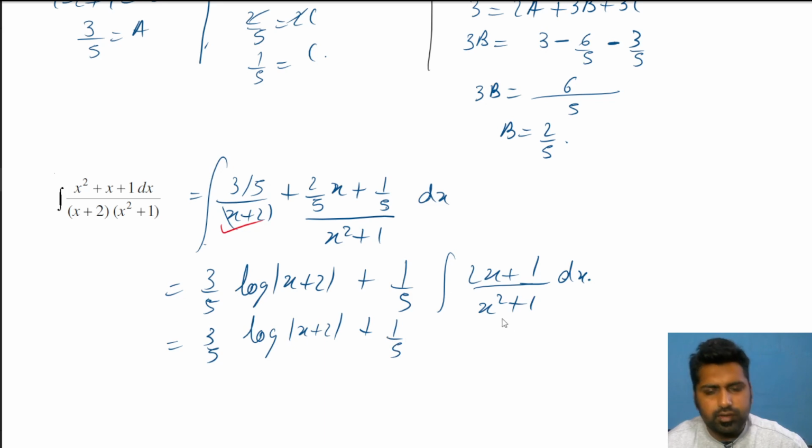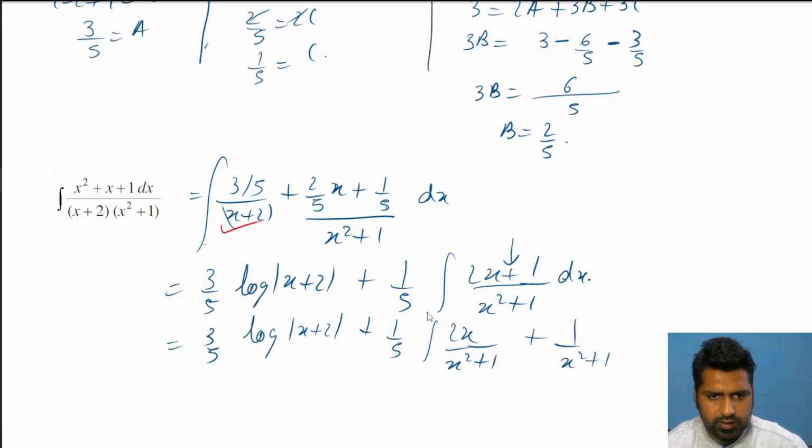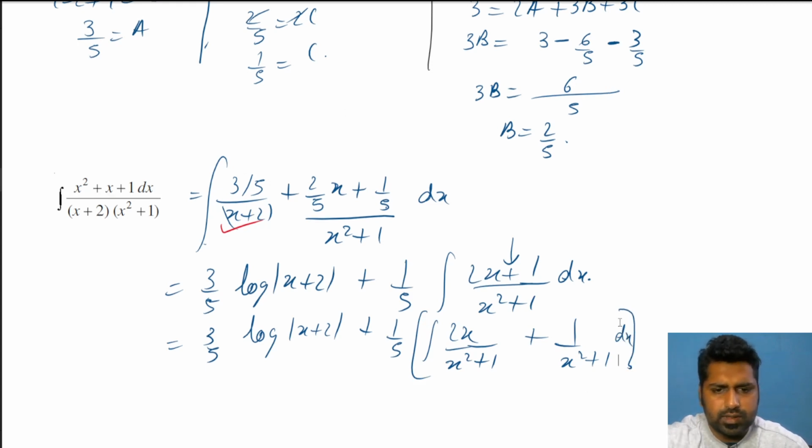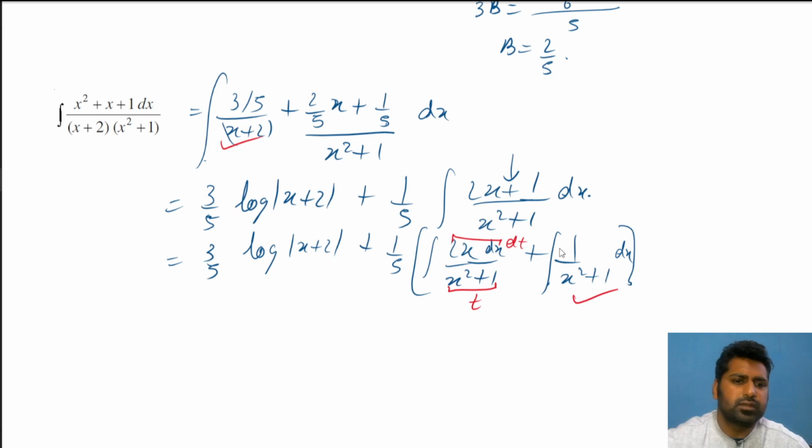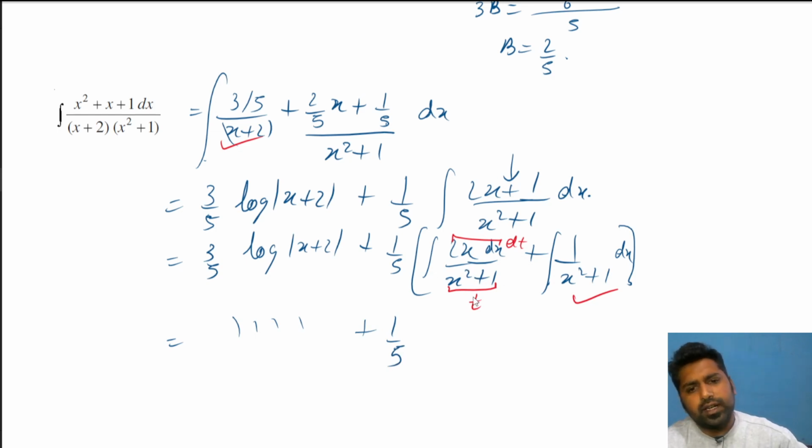Plus 1 by 5. Now what you do is you split this about this plus sign: integration 2x upon x square plus 1, plus 1 upon x square plus 1. 1 by 5 is outside dx, and I think now you can do this easily: 2x dx, and this is again integration. This is standard form, tan inverse, and this is t, dt substitution. So you can solve this, copy the same expression, plus 1 by 5, 1 by t integration is log t,